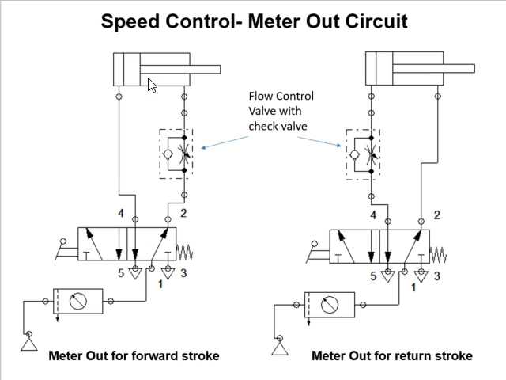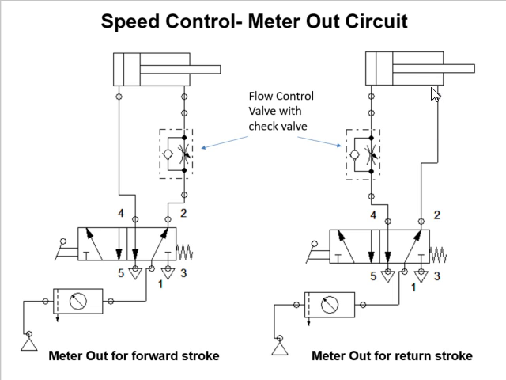Now during the forward stroke, the fluid which is coming out from the rod end side will come through the flow control valve, but is restricted at the check valve. So it will pass only through the flow control valve. So here during the forward stroke, the fluid which is coming out from the actuator is controlled, so it is called meter out. Now similarly, in this second circuit,